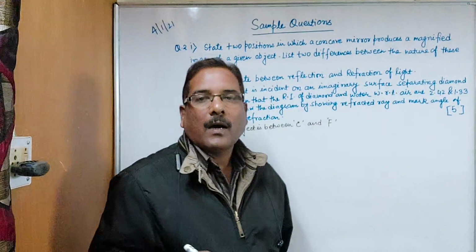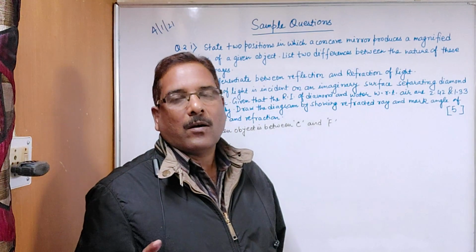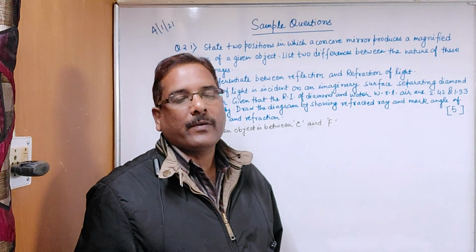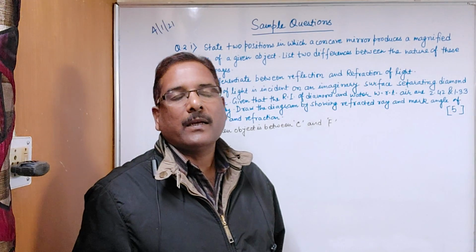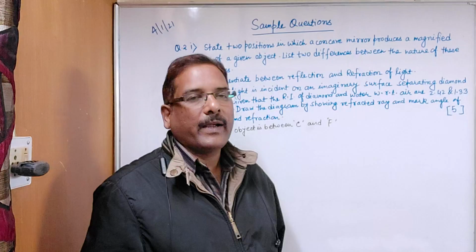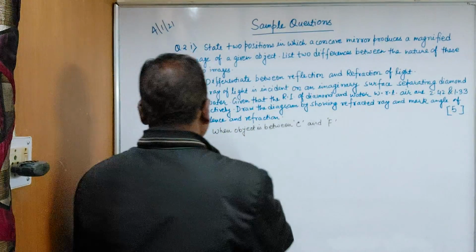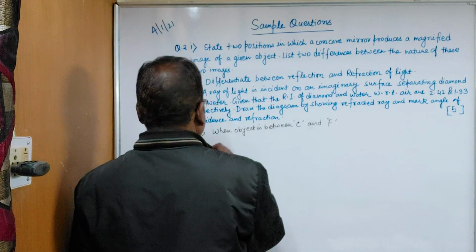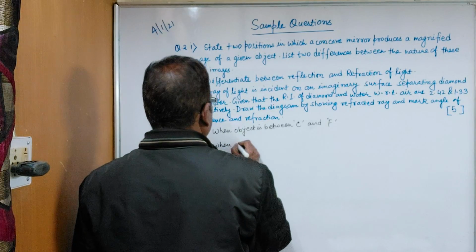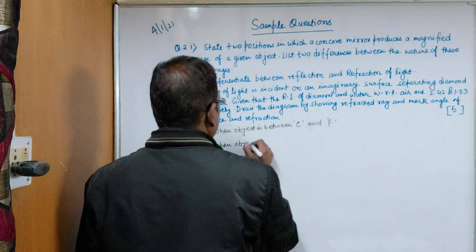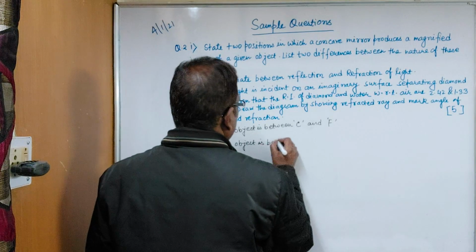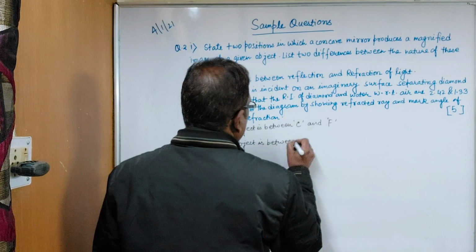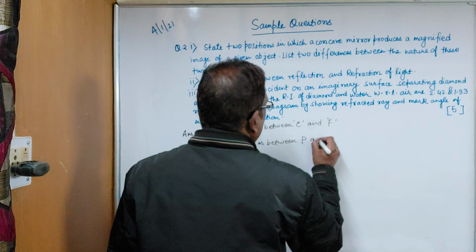Then think about another case. When the object is between P and F, it means between the pole and the principal focus. Again we are getting a magnified image. So when the object is between P and F,